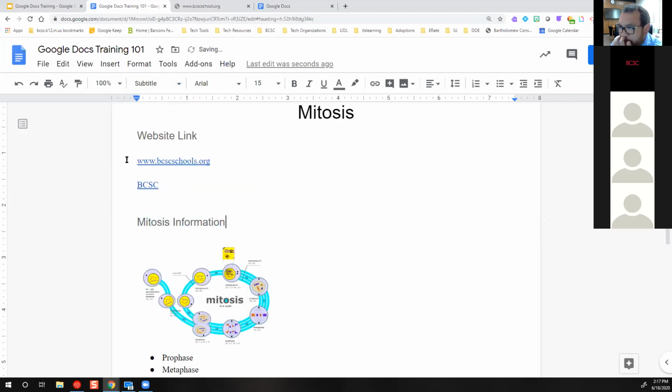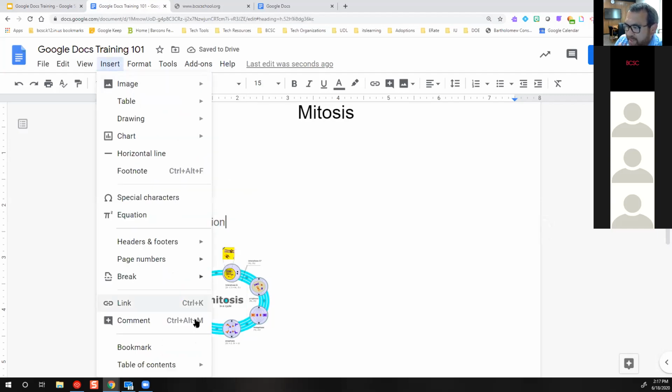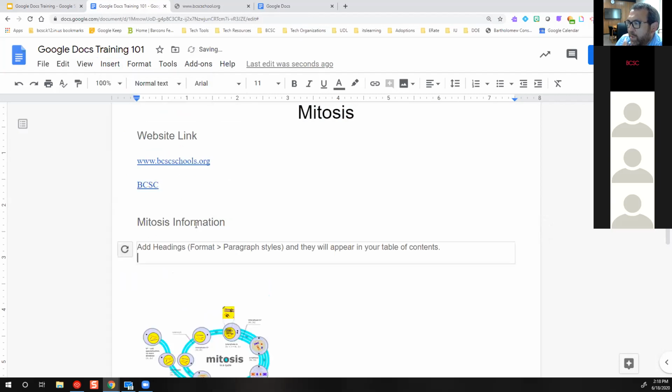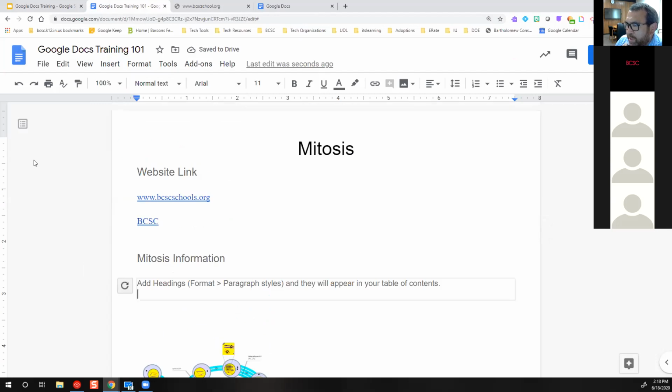So what it'll do is you can insert a table of contents, and it puts it in where you want it, but